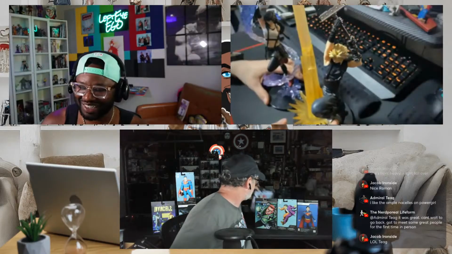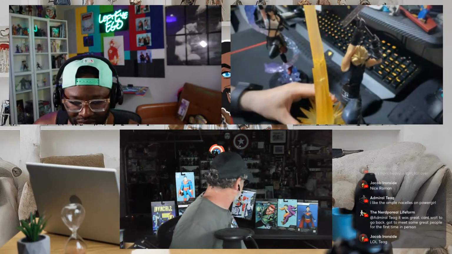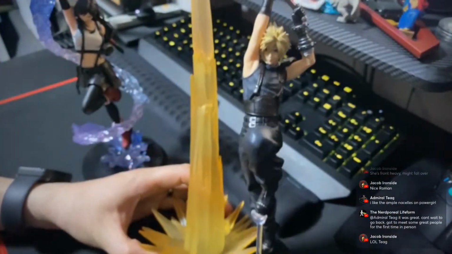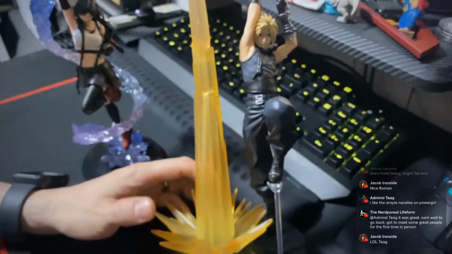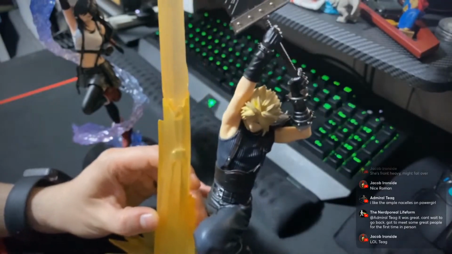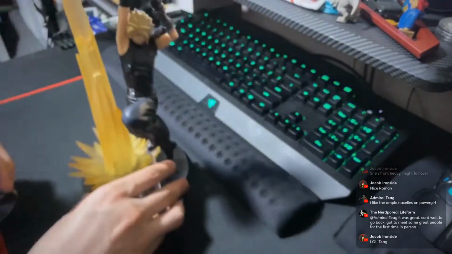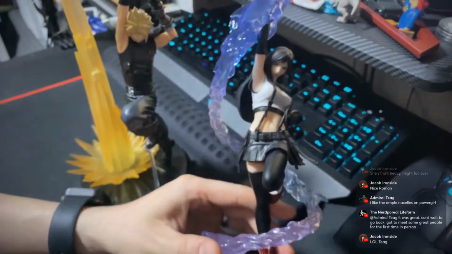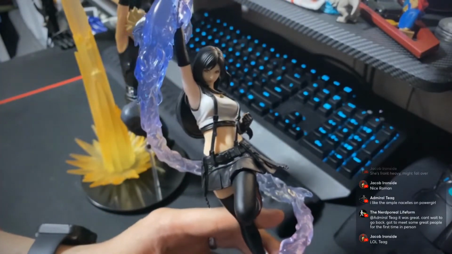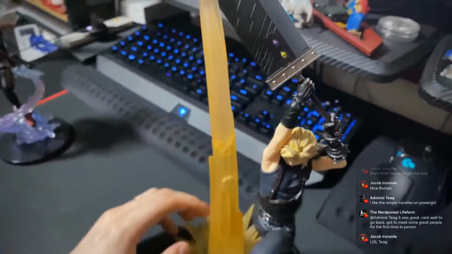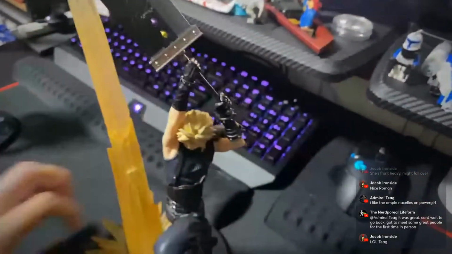All right. So I got these figures here. These are on kind of big stands. I'm gonna have to move the camera out. I'll tell you the story of how I acquired them in a minute. This one has a big sword here, so you're not gonna be able to see it with the full shot.